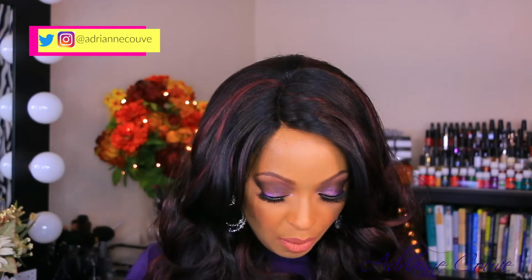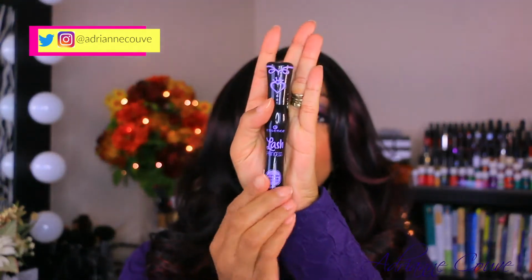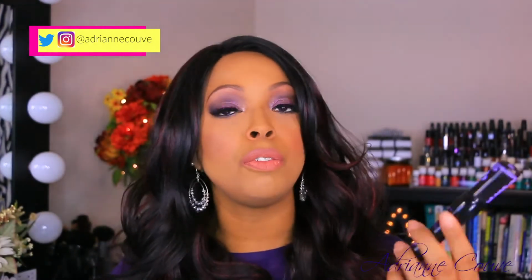And looking down, I think the next stuff that I got all came from Ulta. Imagine that. I'm always in Ulta. I wanted to try this Essence, and this is the Lash Princess Sculpted Volume Mascara. First of all, can I just say this packaging is adorable. I tracked this stuff down, and I'm not even going to lie. The price point was right, because I think it was under $5, but I wanted it for this packaging,